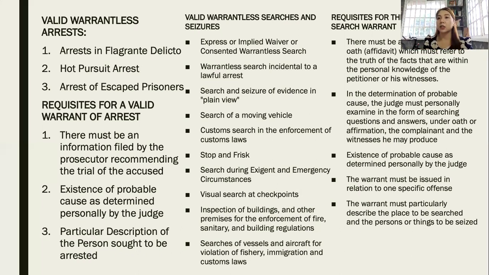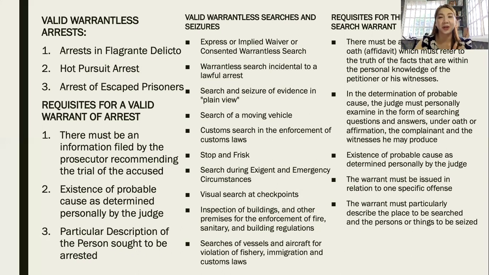Yung in-explain naman ni attorney dito, for example, yung hinahabol ng arresting officer, nakaabot ng Baguio. Sabi ni attorney, it's still considered hot pursuit arrest as long as hindi niya tatantanan yung gusto niyang i-arrest na may probable cause yung ina-arrest niya hanggat hindi niya tinatantanan at yun talaga yung gumawa ng crime. It's still under hot pursuit arrest. So although yung